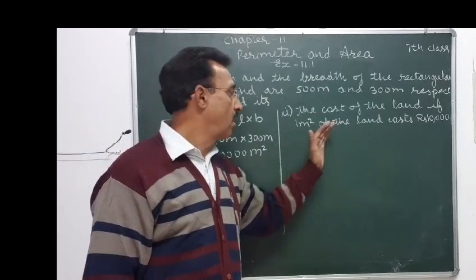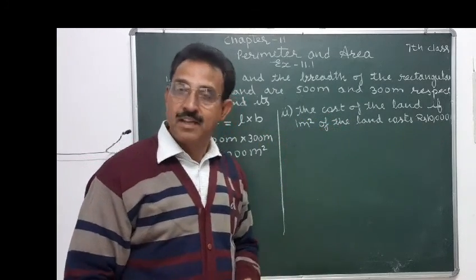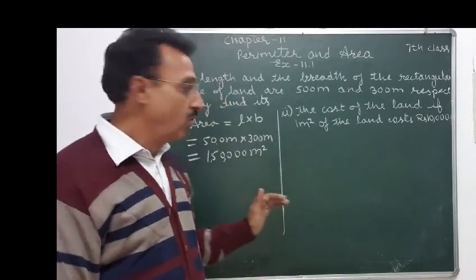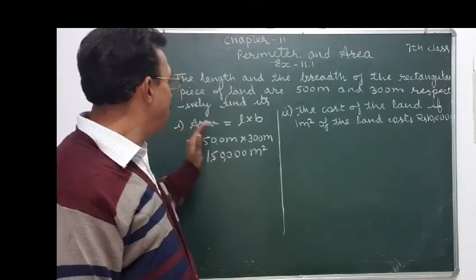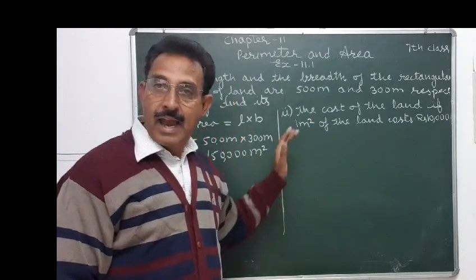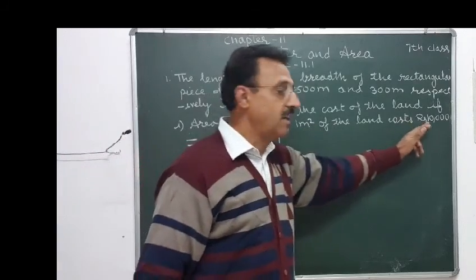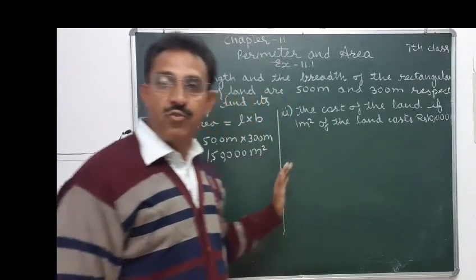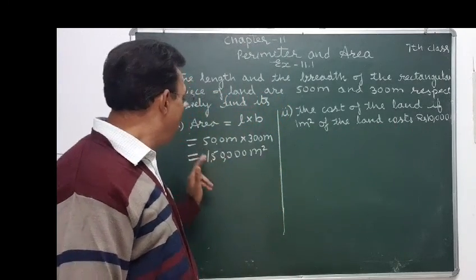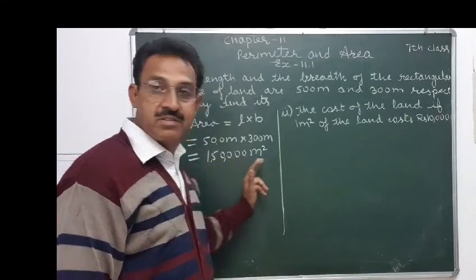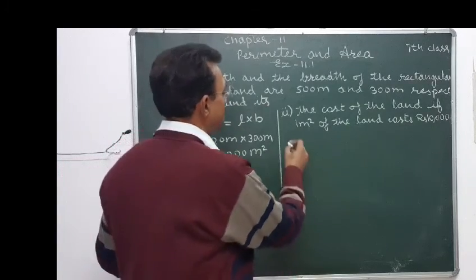And in the second part, we have to find out the cost of the land if 1 meter square of the land costs rupees 10,000. Now we know the area of the land, and the cost of 1 meter square is given, that is rupees 10,000. So we have to find out the cost of 1,50,000 meters square. So solution is